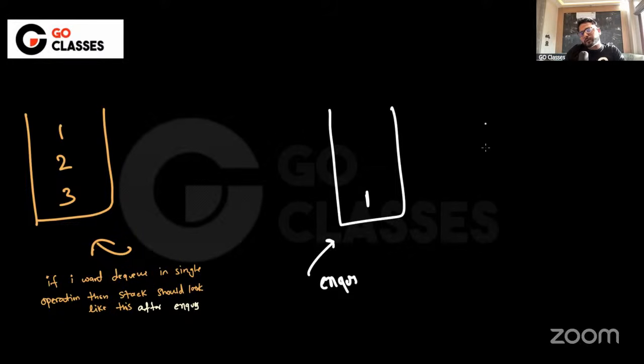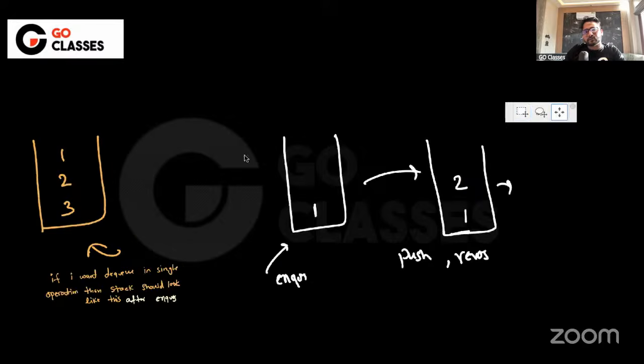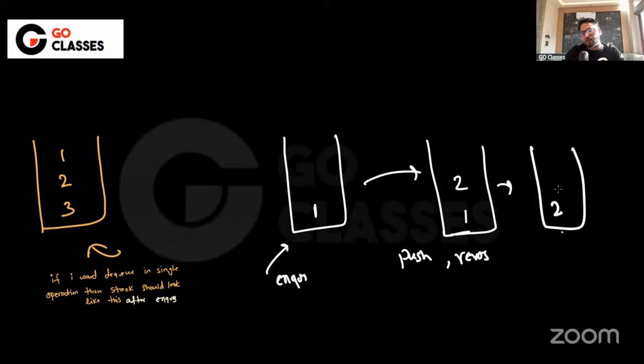If you do a second NQ, then this is 1, 2, right? Is this fine? Can you leave it like this? No. You have to push it and reverse it, which means NQ might look something like this. You have to push 2 and reverse it. So 2, 1. Yes, this is fine, right? So basically push 2 and reverse it. This is how NQ might look.